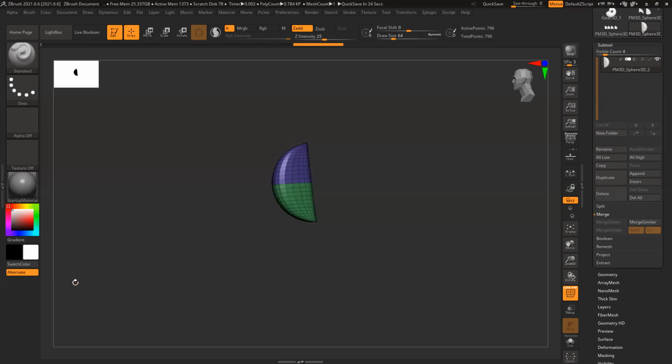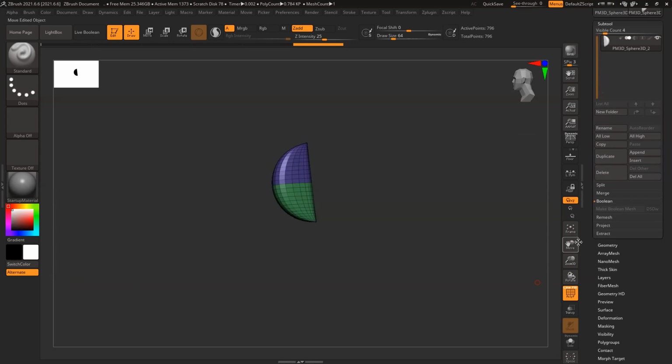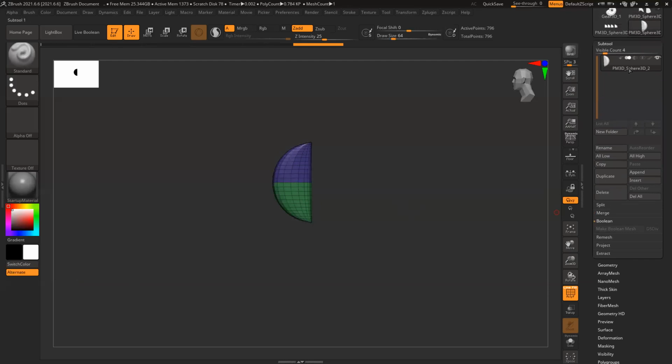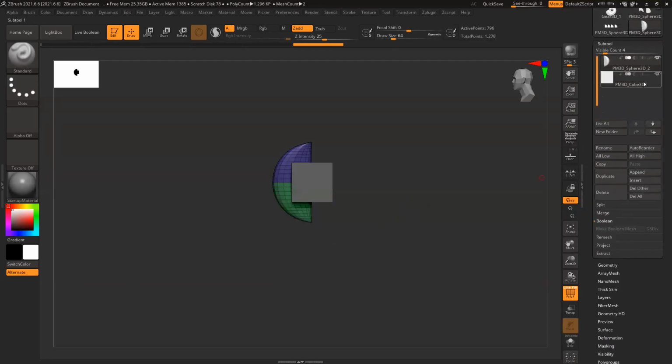Okay. Now after merge, all this thing we covered. Now we have Boolean. So Boolean is the exact same Boolean we have in Max. It does the same thing, but in Boolean there are 2 different ways of doing it. Let's see. I append a box here.